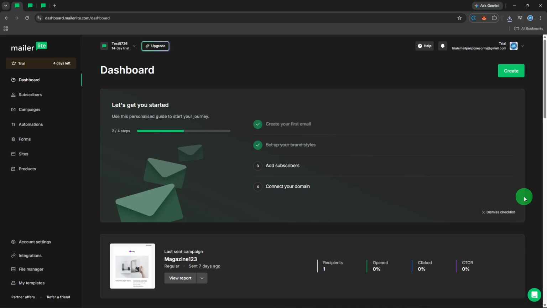Today, I'll walk you through how to customize your forms in MailerLite so they match your brand and start converting